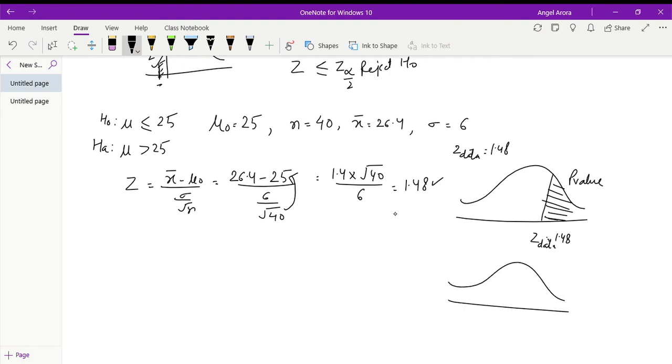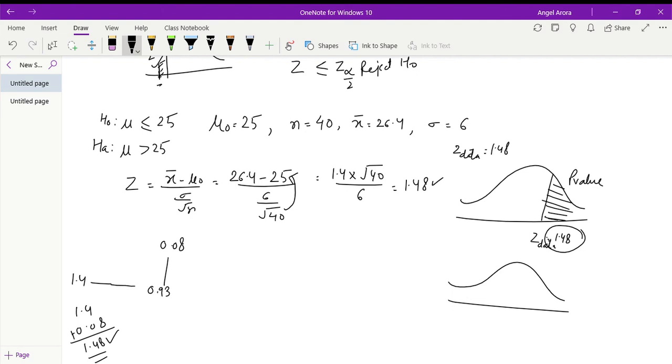Corresponding to 1.4 in the positive z value chart, under column 0.08, we can find the value. If we add 1.4 and 0.08, we get 1.48. That is the value of our z. So we get a value that is